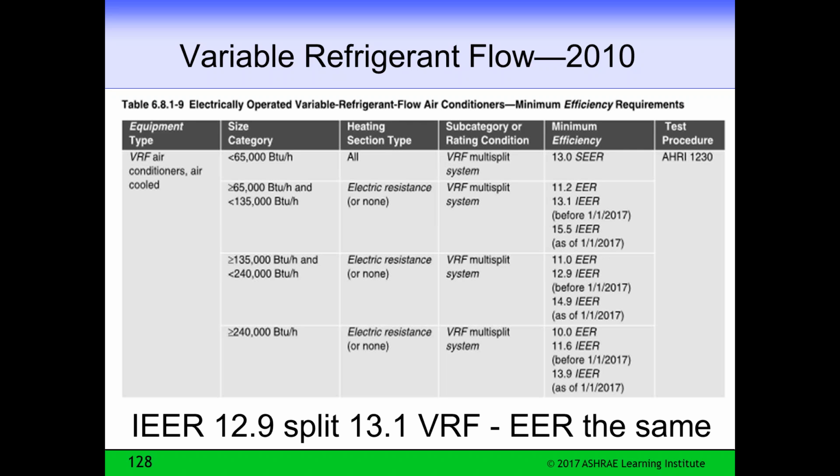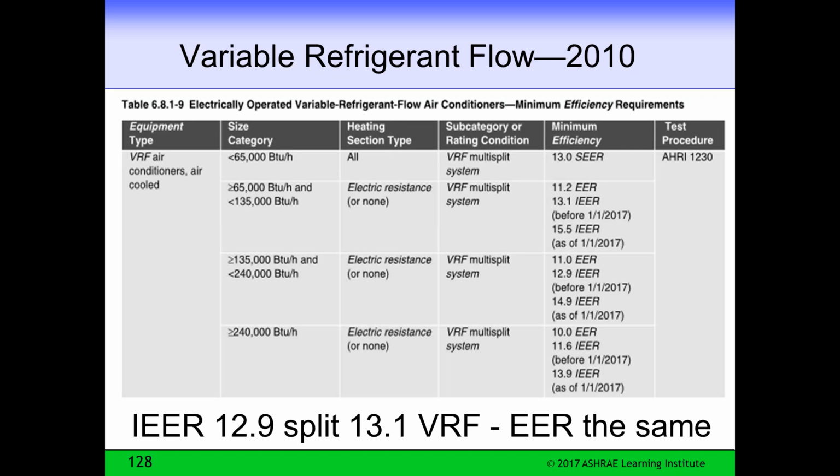All right, variable refrigerant flow. In 2010, we added variable refrigerant flow systems to the tables. So they are covered. They do have minimum efficiency ratings. But the problem is, the way variable refrigerant flow systems work is they're most efficient when they have the diversity, and you're using a system that allows the one condenser to use different refrigerant flows to the different units. But the people that test this equipment, I don't do it, so I'm just assuming that they don't have a good way to test them, what diversity to use.